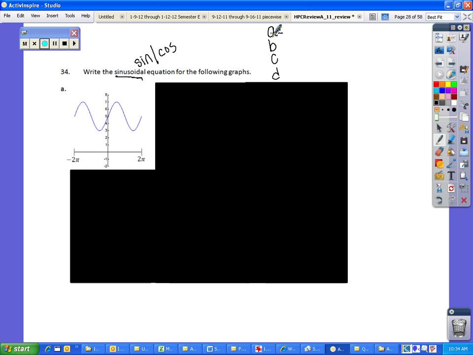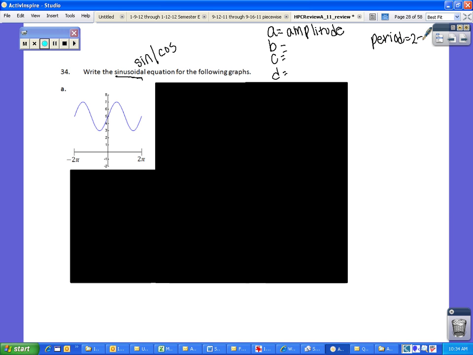In this case, if you remember, A is always going to be your amplitude. Your amplitude is defined as half the height of your graph. The B value you use the period for. So in this case, you have to first identify the period, and your period is equal to 2 pi over B. And then you would have to solve that equation. So this is kind of used for B. Okay? The period, of course, is how long it takes to make one cycle,